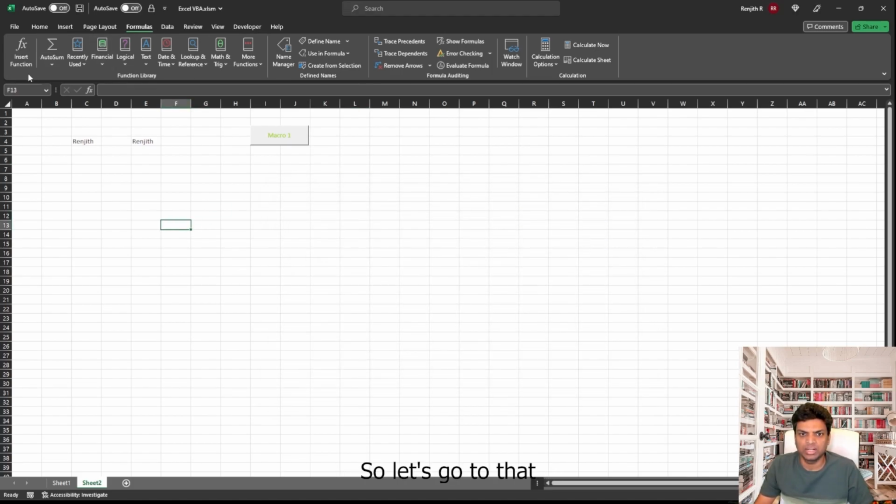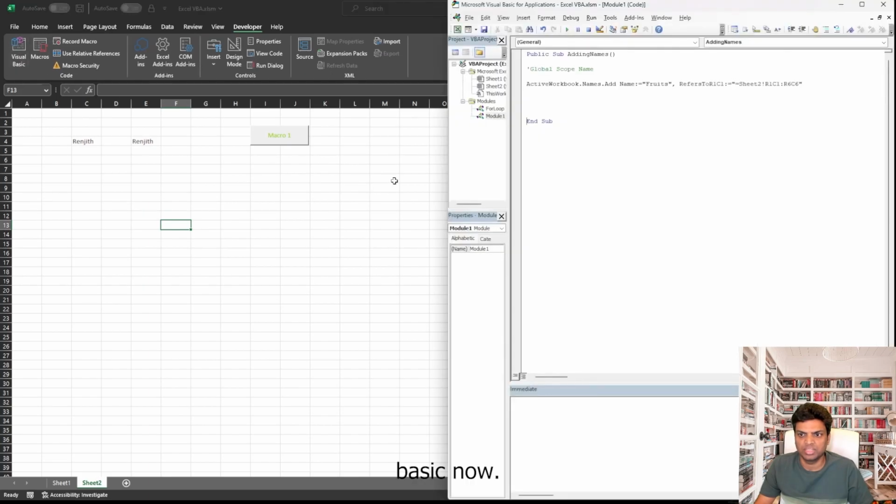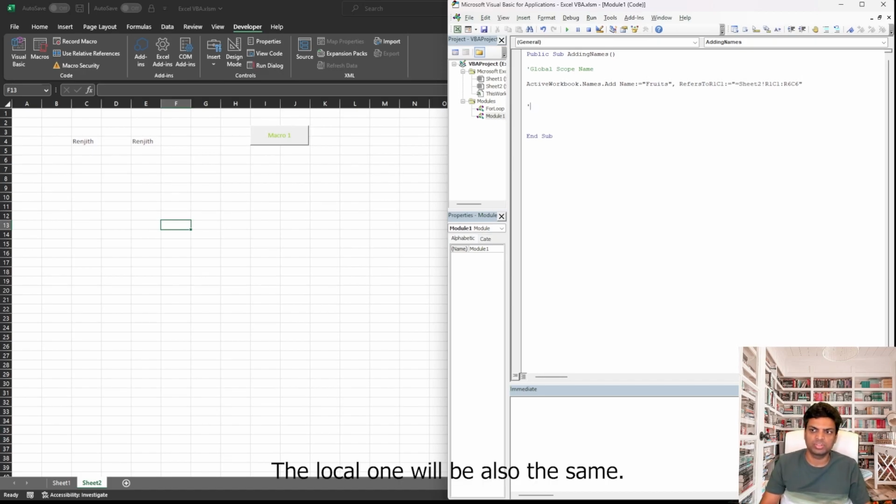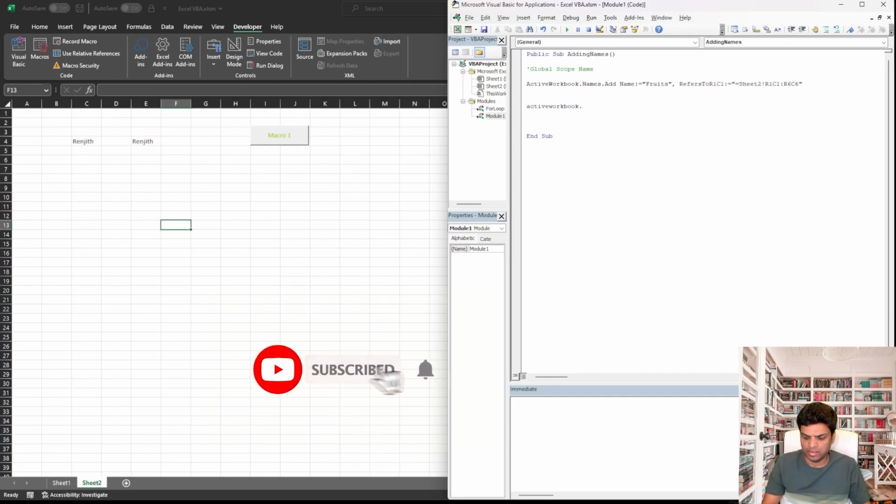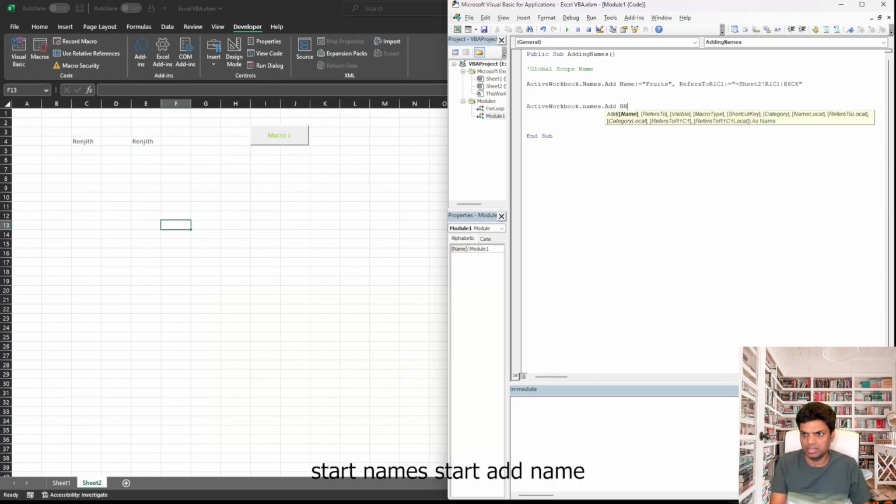So let's go to Developer, Visual Basic. Now let's do the local one. So the local one will be also the same. The difference will be ActiveWorkbook.Names.Add Name. Here we will also mention the sheet name. So Sheet2, roots, right? And then